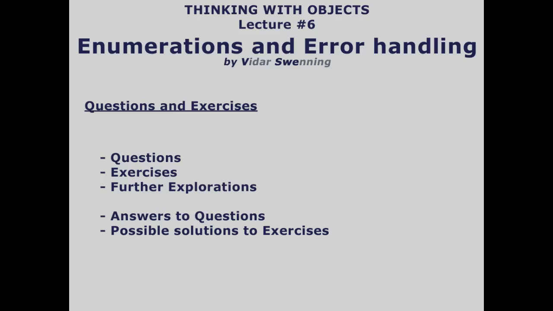So right, this has been Thinking with Objects, lecture number 6, Enumeration and Error Handling, and I've been VSWE, and this has also been the whole course Thinking with Objects, which has been about object-oriented programming in Java, but it has also been the whole Java course series with Thinking with Objects, the second one, and also the first, Coding and a Cup of Java. So we have gone through the basics of Java and the object-oriented in Java,